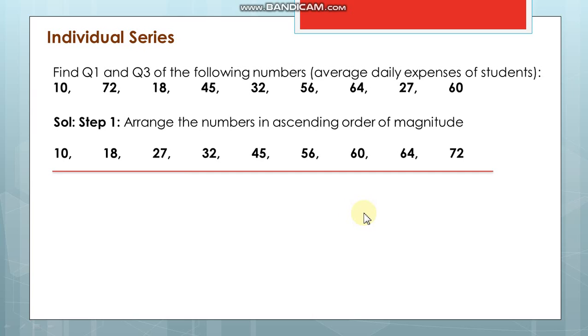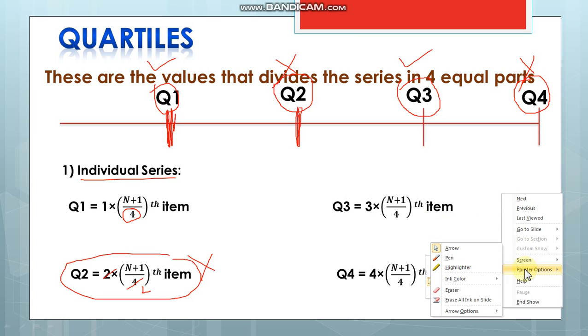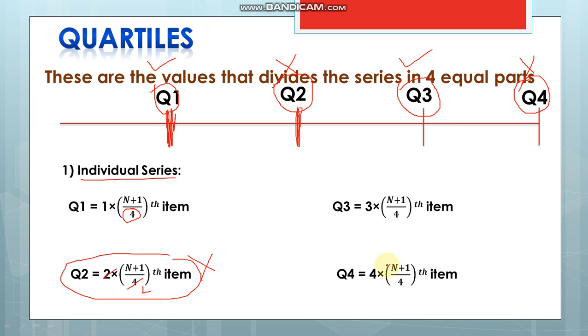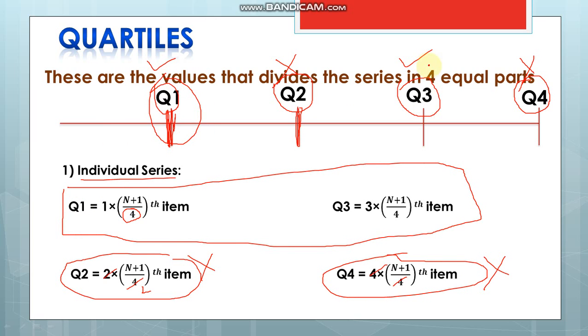Q3, what is my quartile 3 number? Quartile 3 is 3 into (n plus 1) by 4th item. What is my Q4? Q4 is 4 into (n plus 1) by 4th item. See, 4 and 4 will strike off, so basically I'm not able to divide the series, so that is why it is also not useful. So what I actually calculate in quartiles is Q1, that is this particular partition value, and Q3, that is this particular partition value.